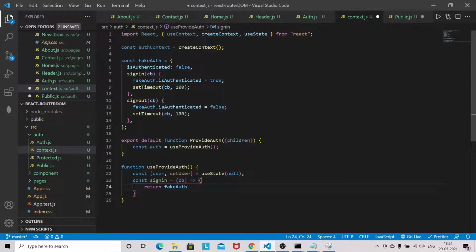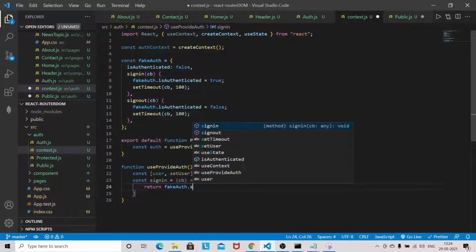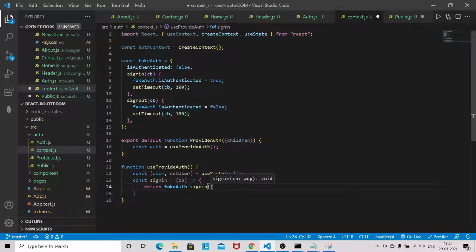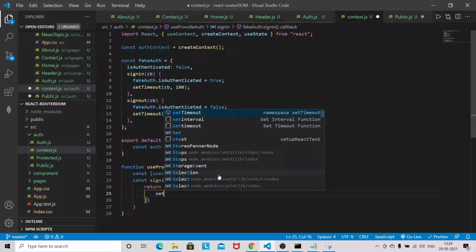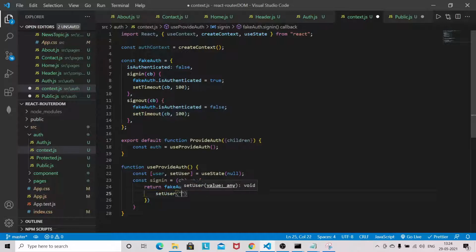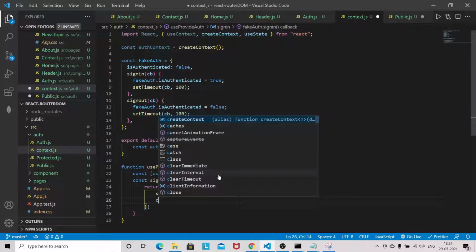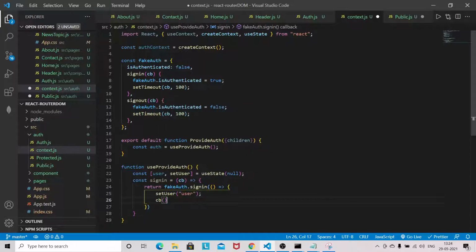We are using fakeAuth.signIn, providing a callback because it accepts the callback here, and setUser to user. Okay, and we'll just call that callback.